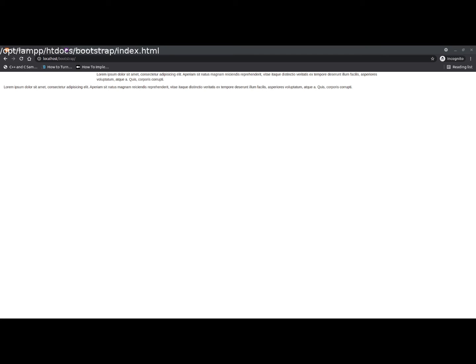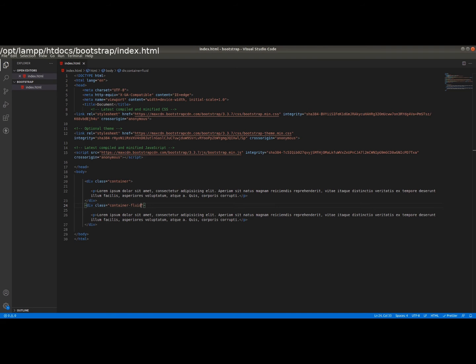So check the container breakpoint in Bootstrap.